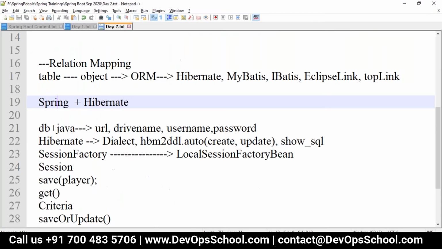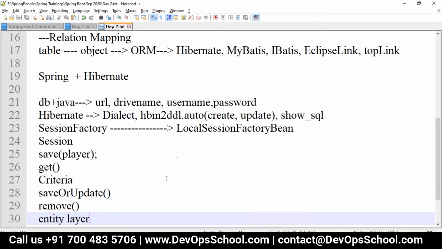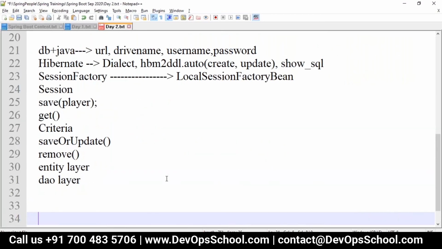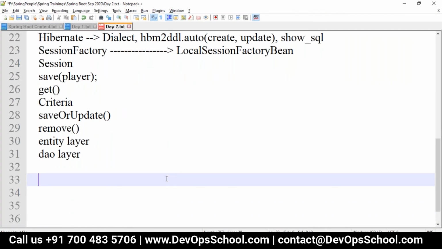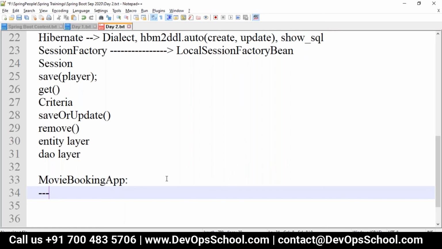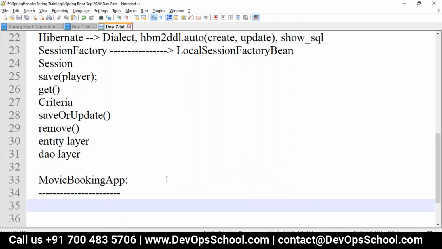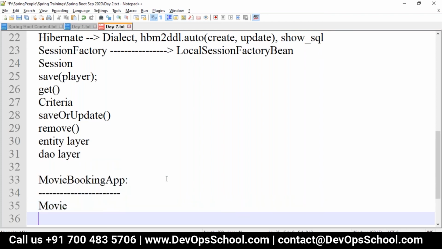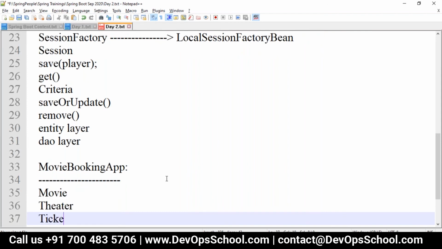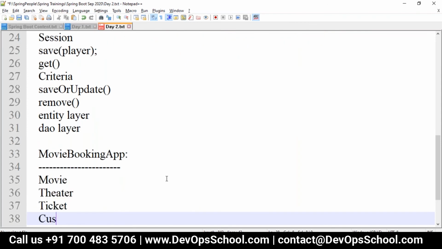let me take one example here. If I'm developing some movie booking app, what are all the entities you require here? You require obviously a movie, theater, then ticket, then you'll have customers.